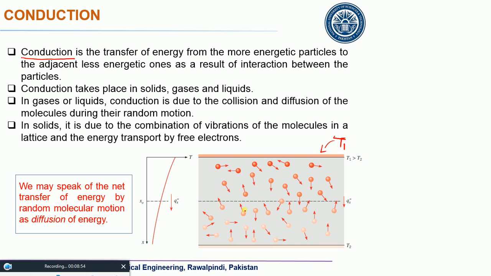Kinetic energy, isn't it? Temperature also represents the direction of heat flow. So if these molecules are at a higher temperature, they would have a higher kinetic energy, and certainly